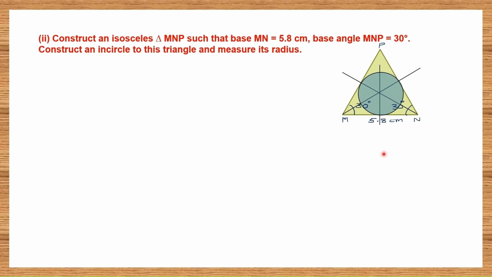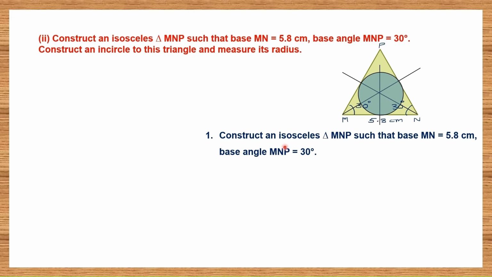Okay, so let's begin. The first step is to construct an isosceles triangle. So we have the base angle, we have to construct an isosceles triangle. First step, draw a line segment, name it M and N, and look at the rough figure, this is 5.8 centimeters. Now we have to construct angles of 30 degrees